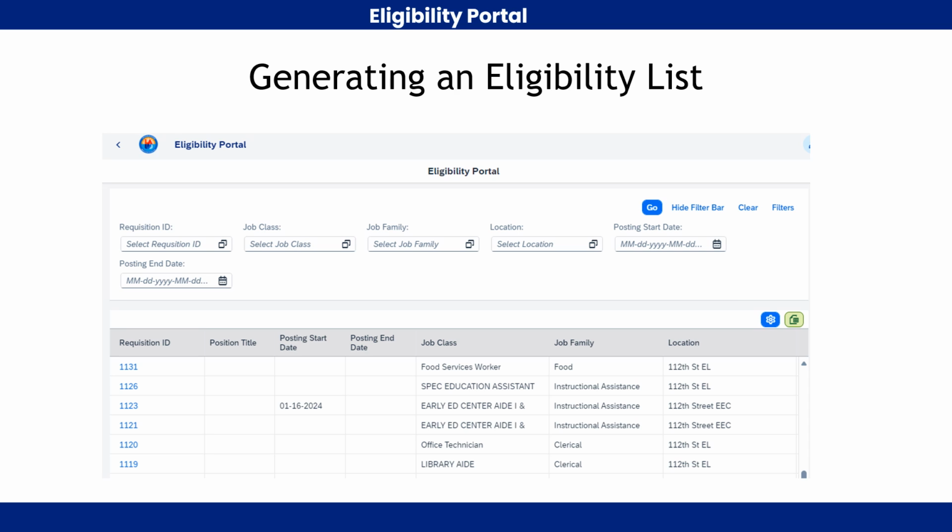The eligibility portal is displayed. All of the position requisitions created for the site are displayed. The latest requisition is displayed first. To generate an eligibility list for a specific position requisition, the hiring manager will click on the requisition ID number